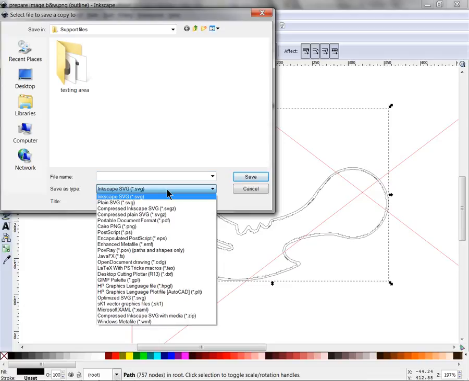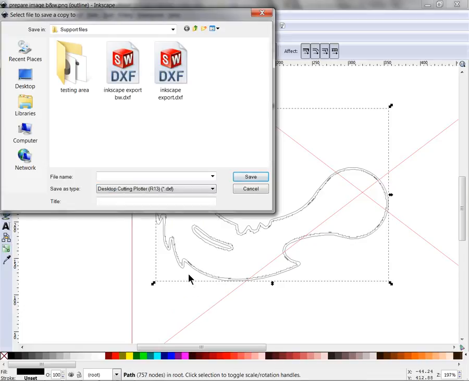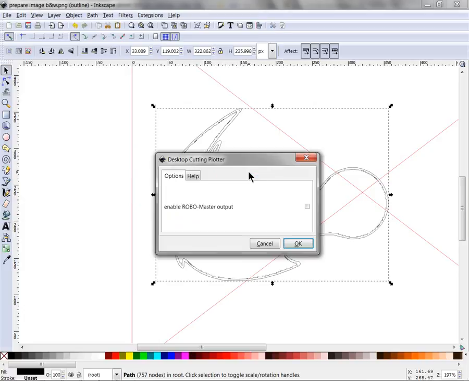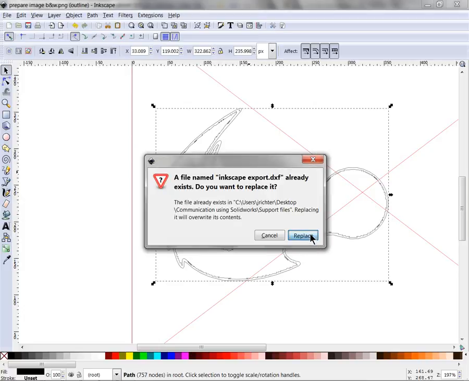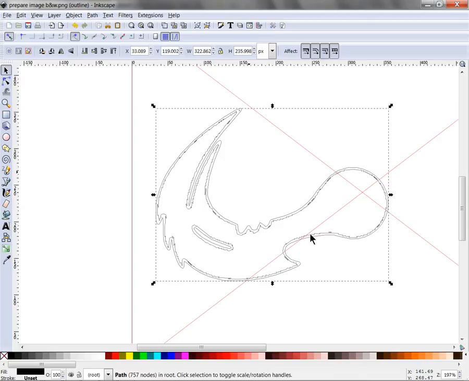And I want to save this copy out as a DXF. And the DXF is found under Desktop Cutting Plotter. And then I simply give it a name and then save. Now the key to making this work, whether it's in SOLIDWORKS, Auto Trace, or in Adobe Illustrator Live Trace, or